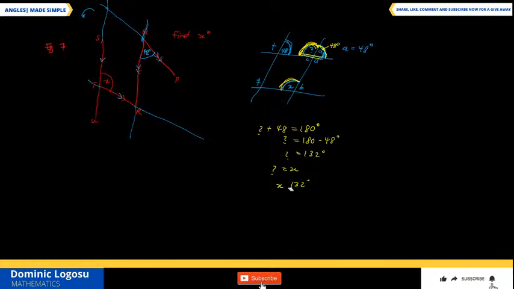Let me write this nicely, and then we'll move to our very last example. And then once we move to our very last example, all you need to do is to